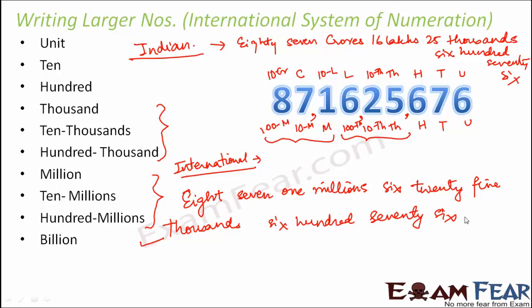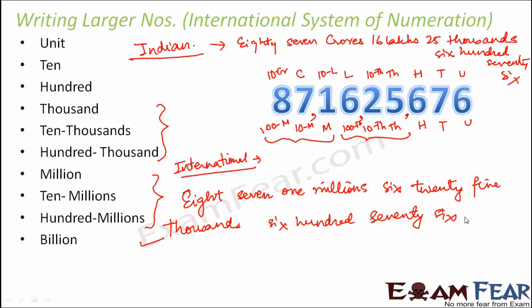So you see there is quite a difference between the name of the same number as per the Indian system and the international system. In the Indian system, whatever we mean by 87 crores 16 lakhs 25,676 is the same as what we mean by 871 million 625,676. So basically, if you try to establish a relationship between the Indian system of numeration and the international system of